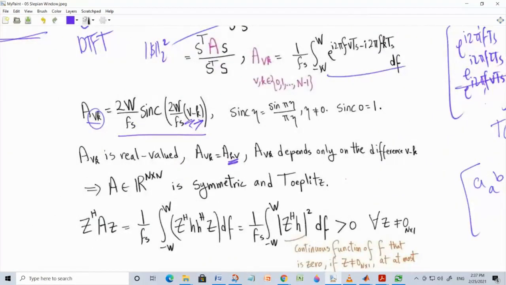So matrix A is symmetric because AVK is equal to AKV. The element AKV depends on V minus K. So element A21 is equal to element A32 is equal to element A43, and so on. It just depends on the difference. So the matrix is the so-called Toeplitz. So it's symmetric and Toeplitz. Okay,